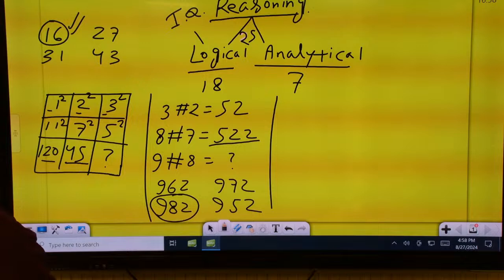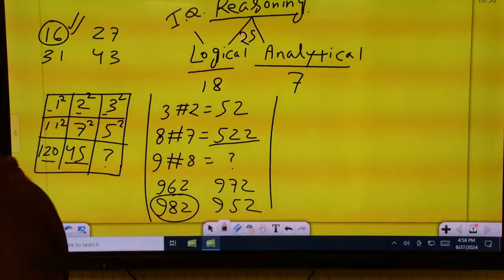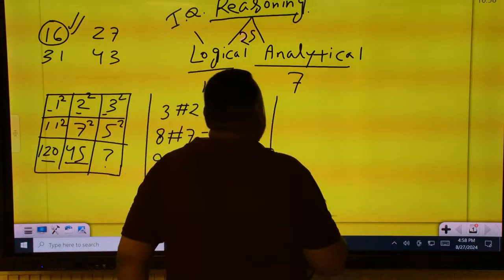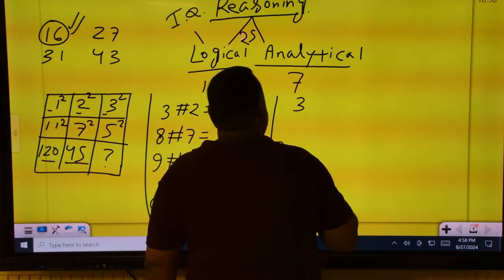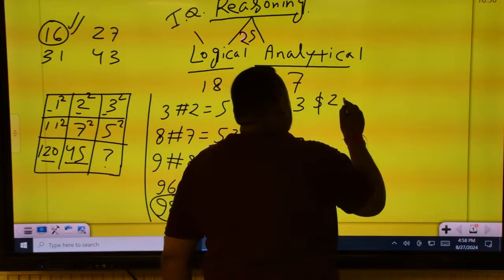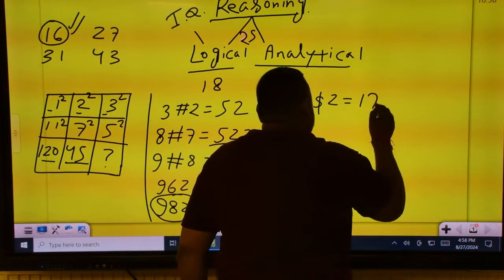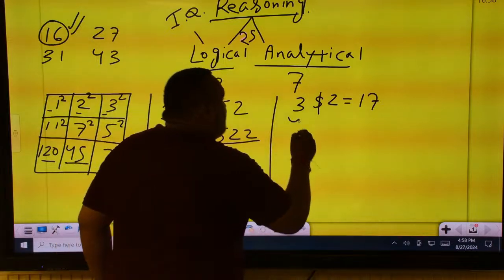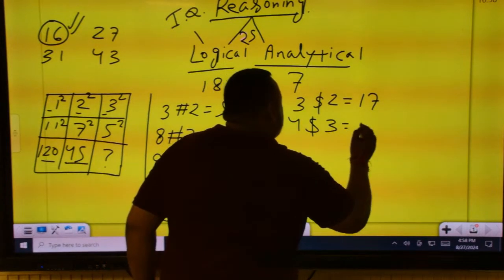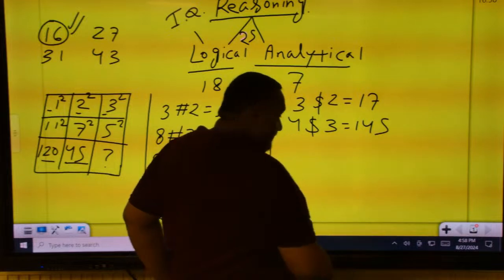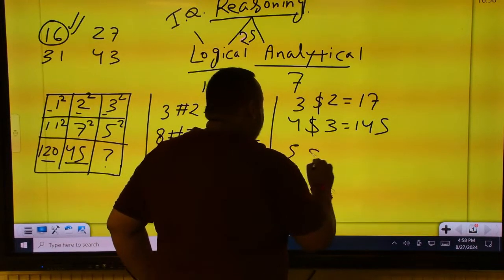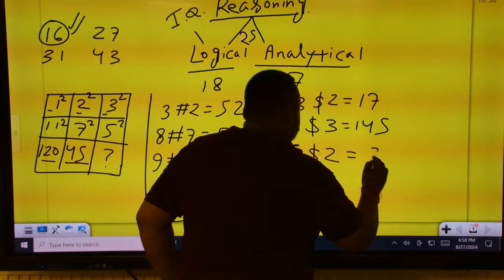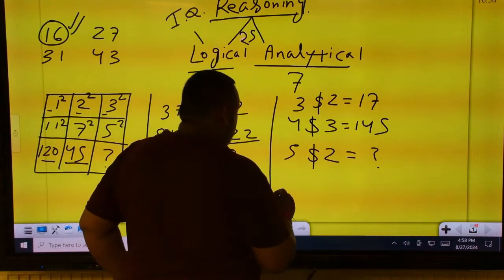Could I ask the toughest one? Sure. Come on. $3.2 is equal to 17. $4.3 is equal to 145. And $5.2 is equal to question mark. Your options are